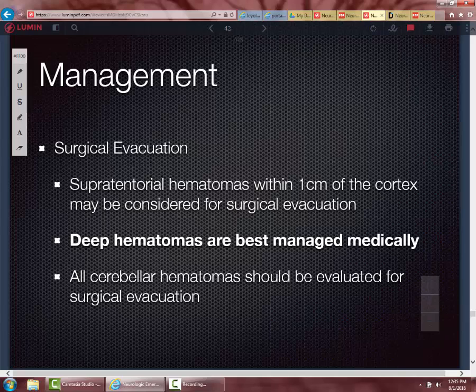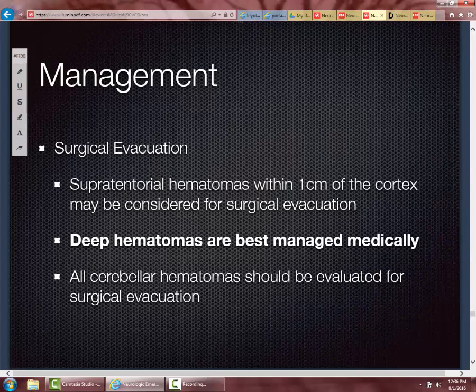So one of the hallmark features in the management of ICH is not doing surgery. Two trials have already been done, and it has been known for 10 years that patients who get hematoma evacuation do worse. This is true for deep hematomas. It's probably true for supratentorial hematomas, but since 90% of our ICHs are infratentorial or deep, it's really important that you know that deep hematomas are not suitable for